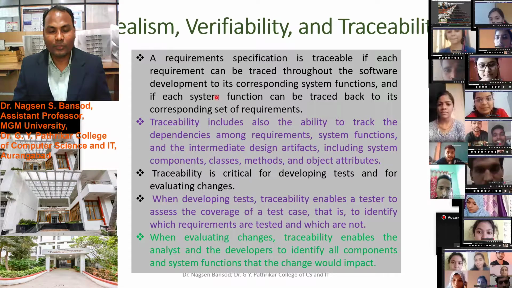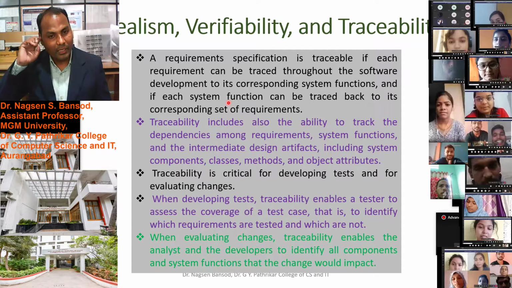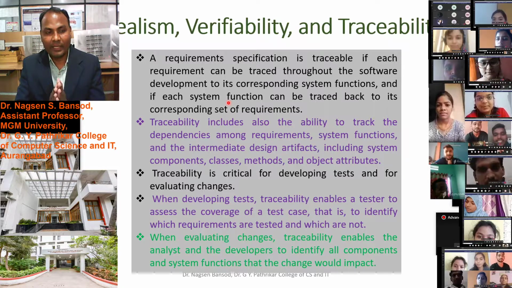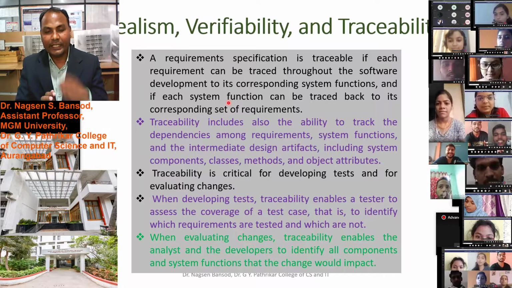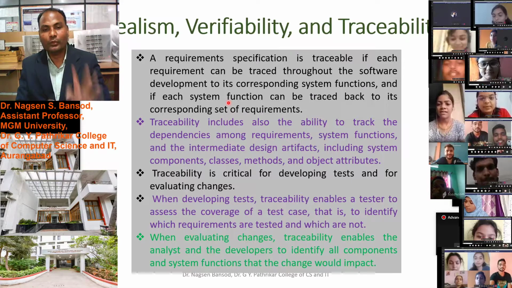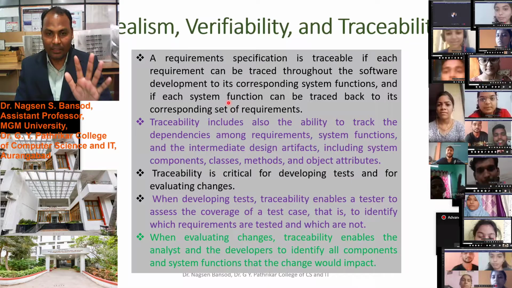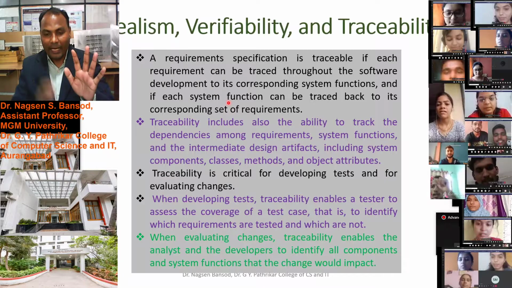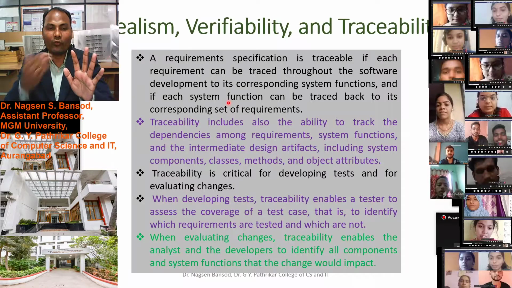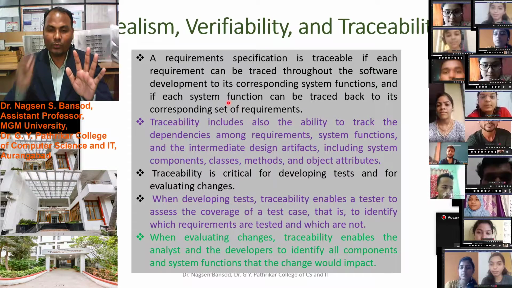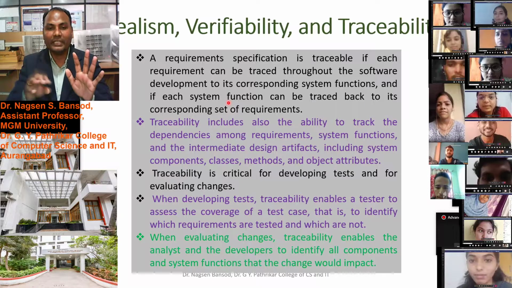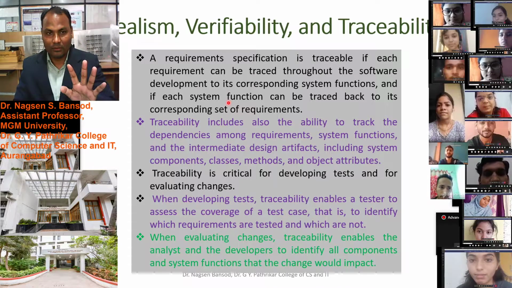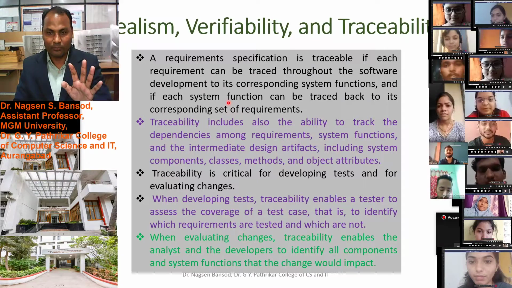Realism: suppose we have collected information from the client and we said we will provide you 10 functions. Then at the time of software deployment, when delivering the software to the client, those 10 functions should be there. That is realism.